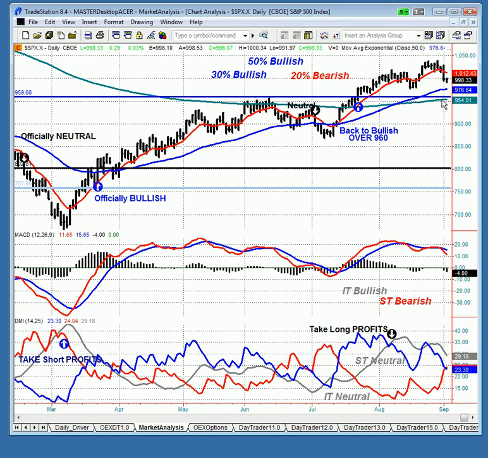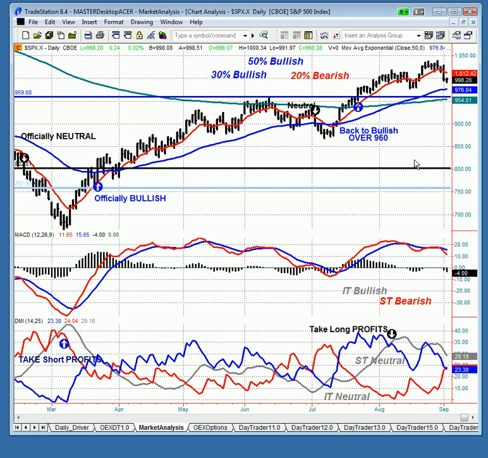Now, the worst case scenario will be a pullback to around 975, 970, then come up and print another shoulder for a head and shoulders formation around 1015 to 1010. We won't like to see that because that certainly will portend the obligatory fall sell off in September and October. But it will just present another opportunity to make some nice gains on the short side from our trading perspective,